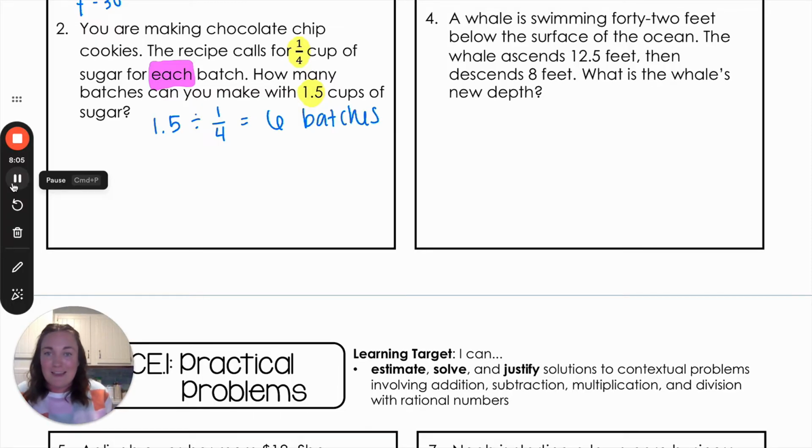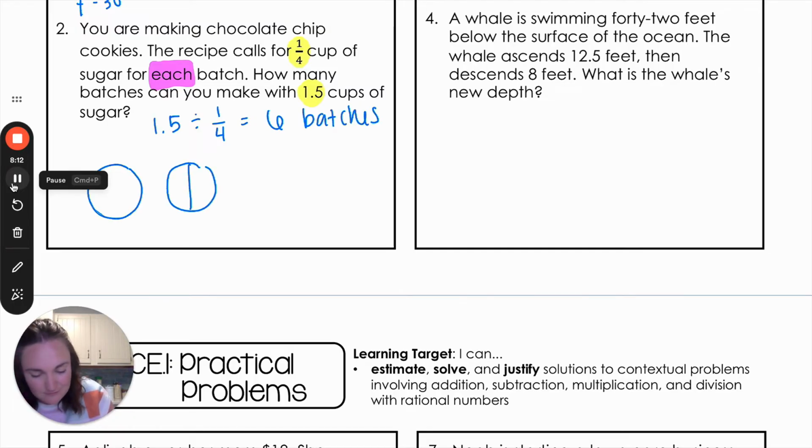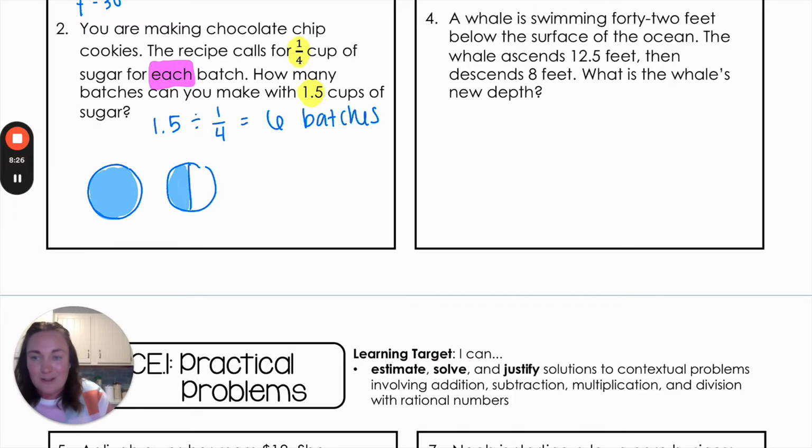So I like to think about our 1.5, right? So let's break that up. We've got 1 1/2. Kind of shade that in so we can see it, right? I've got 1 whole cup of sugar, and then I've got 1/2 a cup of sugar. Okay, and I am breaking this up into 1/4 of a cup each for each batch, right? So 1/4, get this out of the way,